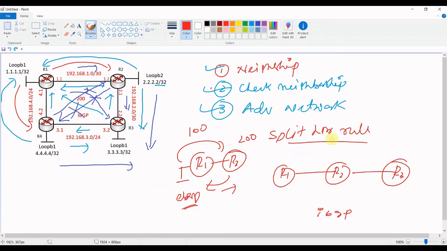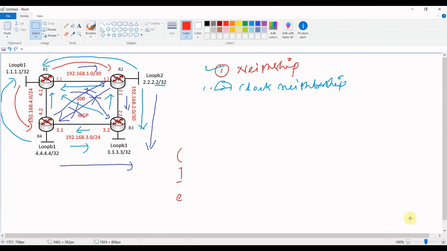Because with the split horizon rule, if from R3 we would like to go to R1, and from R1 to R3, there is no path. Since there is no path, we will not be able to reach from R1 to R3 and from R3 to R1.